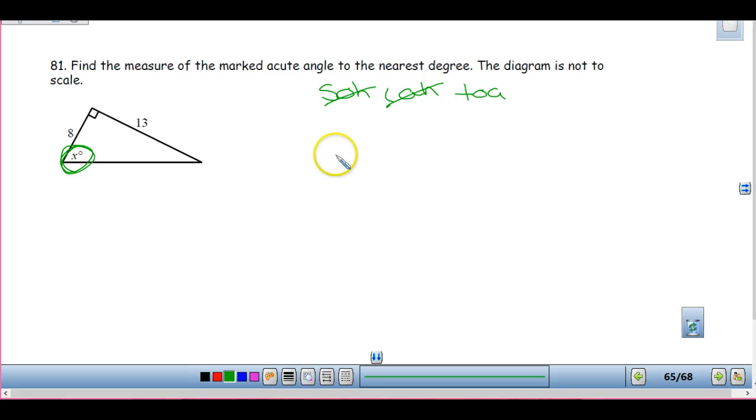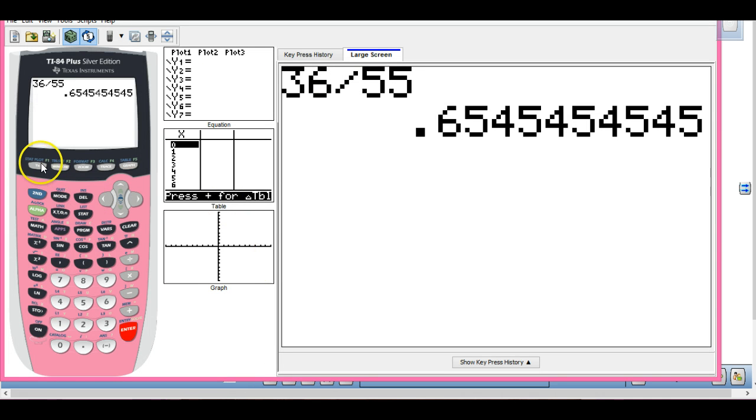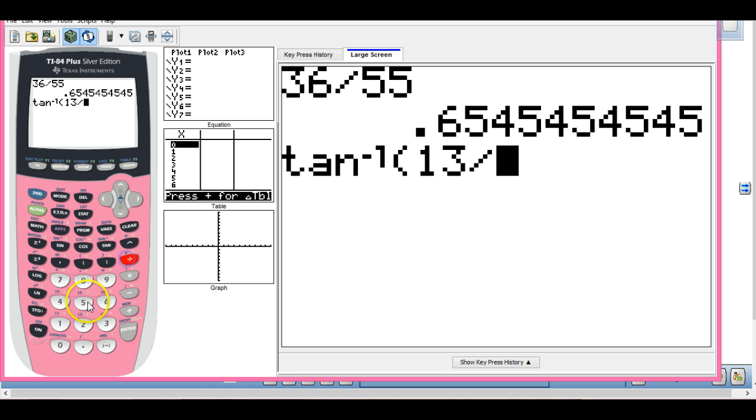So what happens here is I have tangent of x is going to be equal to opposite over adjacent. So when I plug this into my calculator, this is where I have to go second tangent, because it means tangent inverse of 13 divided by 8,